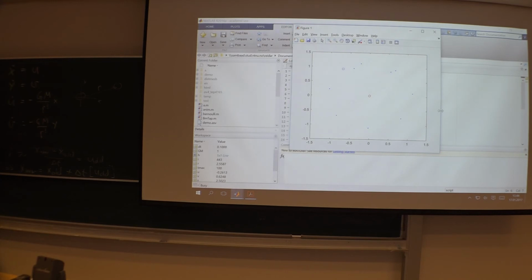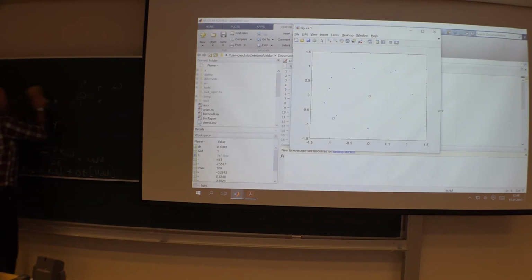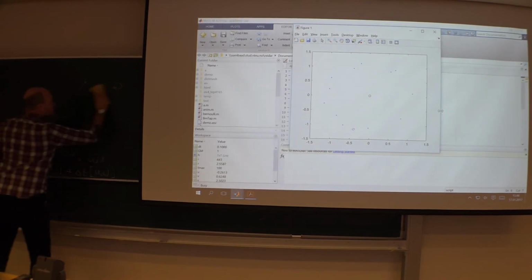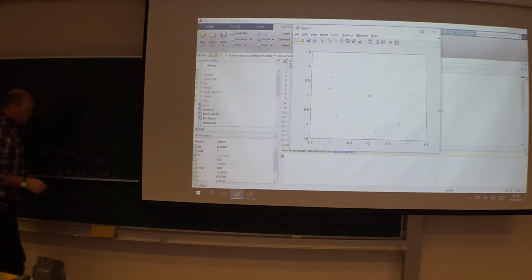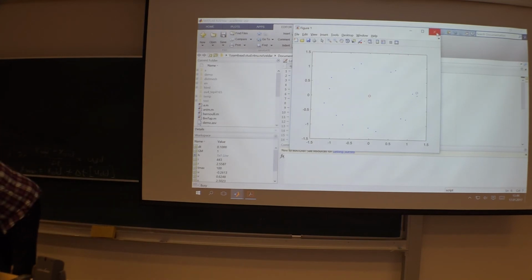So we have more advanced schemes than this one. What we then are going to use is